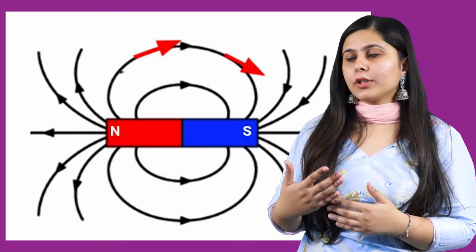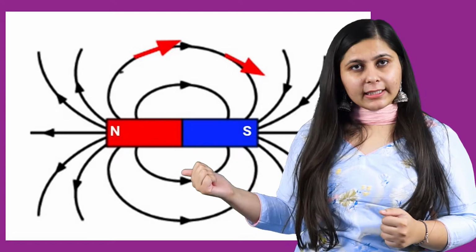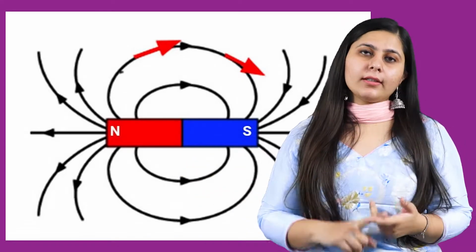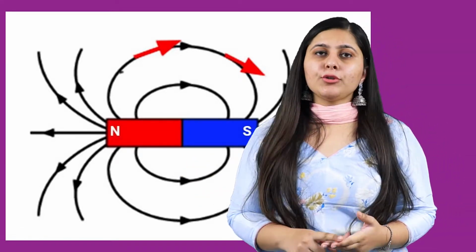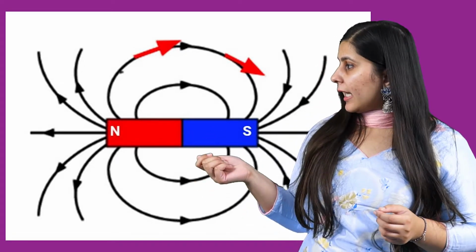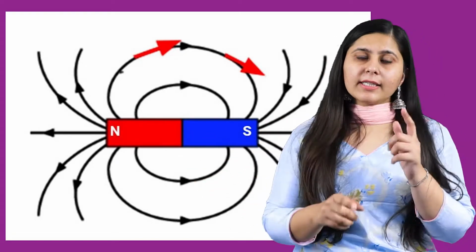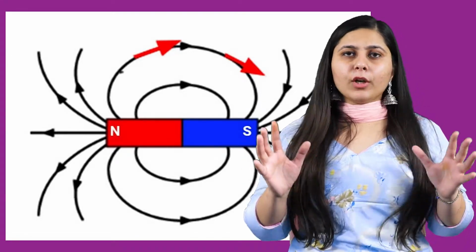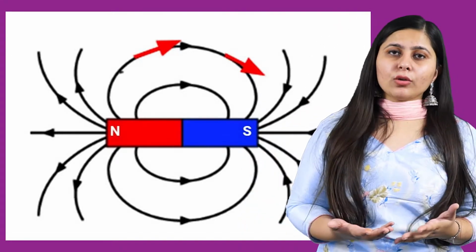All right, now the fourth characteristic that you must remember, and it is very important: these magnetic lines can never intersect each other. You need to be careful while making them. Whenever you are making magnetic lines, they can never ever intersect each other. Now you must be asking why they cannot intersect, what is the harm it will cause if we draw intersecting magnetic lines?